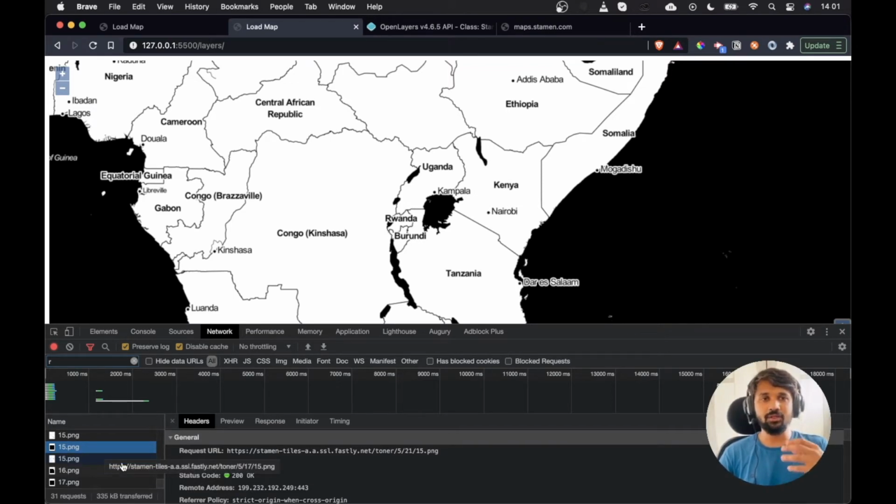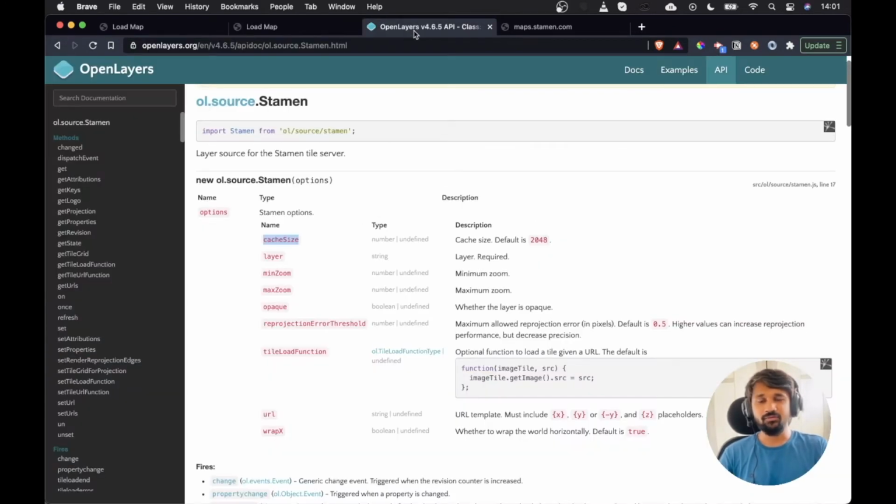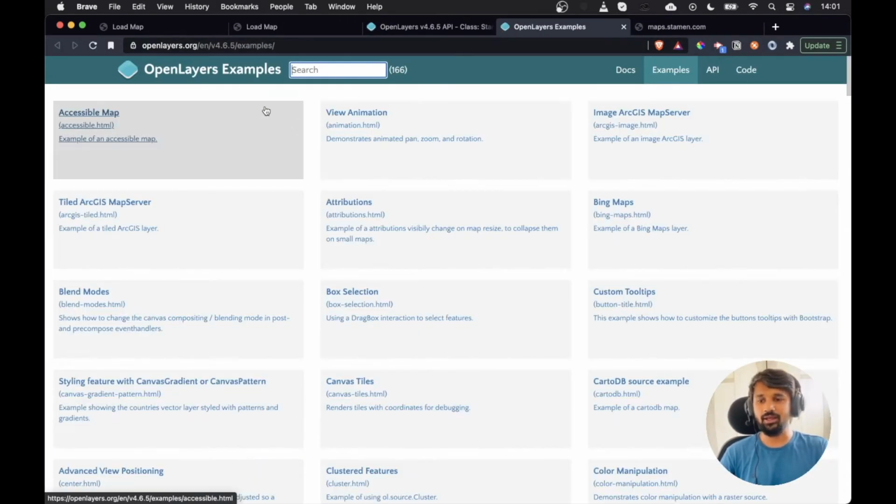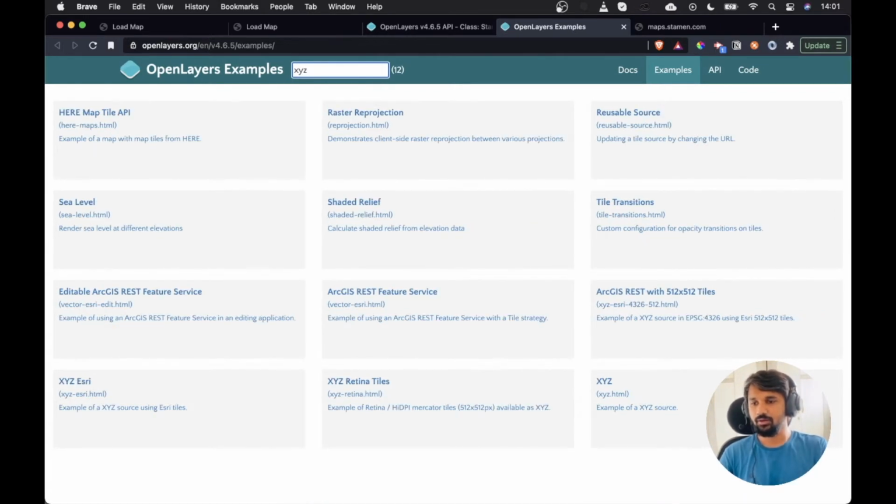That means whenever you create your own base map, you will have to have images available for all of these XYZ points, so that whenever OpenLayers requests these different tiles, we can fetch them back from our server. One of the best examples that we can use as an XYZ is loading an S3 base map into our OpenLayers application. I'm not going to type anything. I'm just going to go into examples and then look for the XYZ examples. And you can see that we can load the HERE base map tiles, or we can also load the XYZ S3.